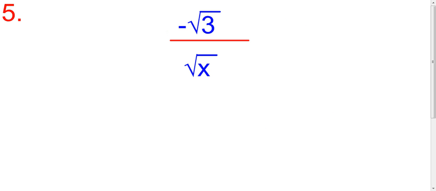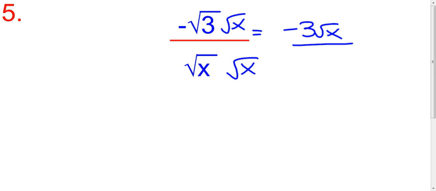Now, this next one has variables in it. If I look inside the radical, I could, if I wanted to, write this as one giant radical with 3 over x like that. It doesn't really help me because nothing can be reduced, so I'm really not going to worry about that, and I need to get this radical out of the denominator, so I will just multiply it by itself, and on the top I will have negative 3 root x, and on the bottom I will have the square root of x squared, which these two just undo each other, and you just get x,